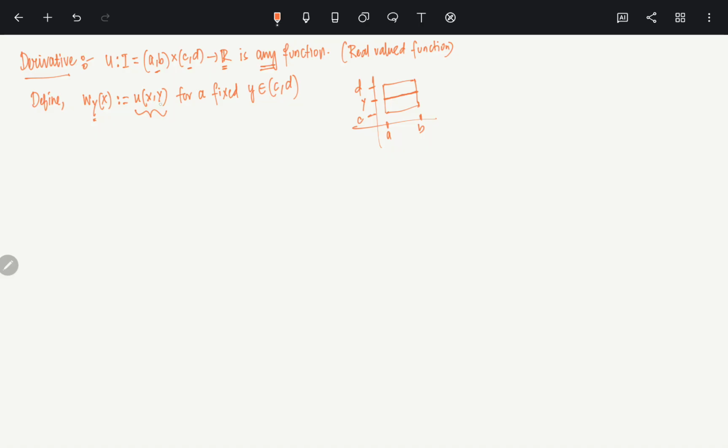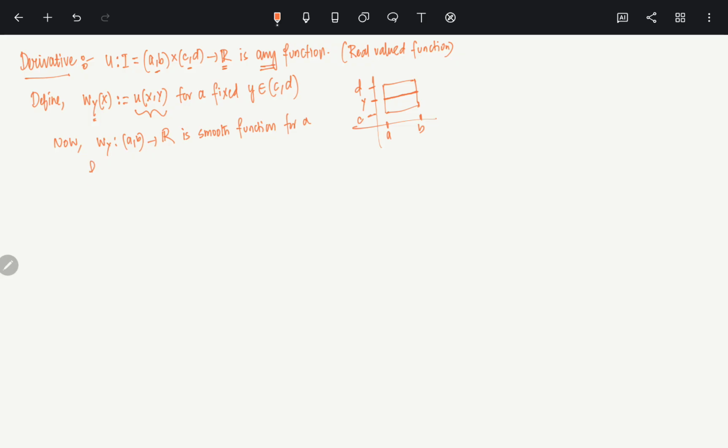So basically it's defined from (a,b) to R. So now you can think of w y as a function from (a,b) to R. And now it may happen that this is a differentiable function. If it is differentiable, then what can we say? Let's understand this thing. So w y from (a,b) to R is, let's say, a smooth function,